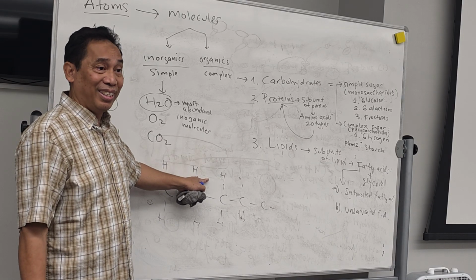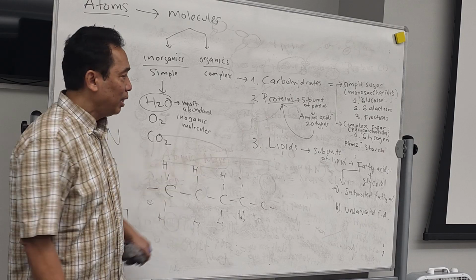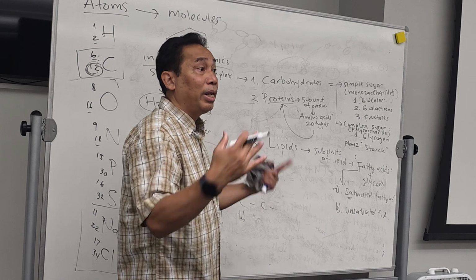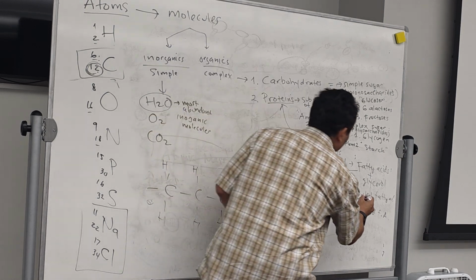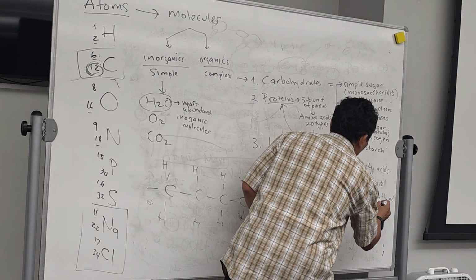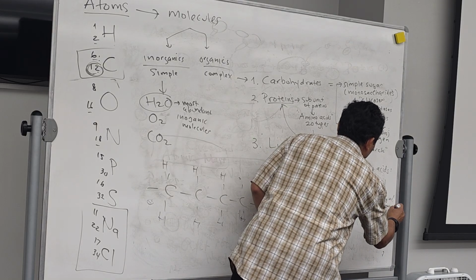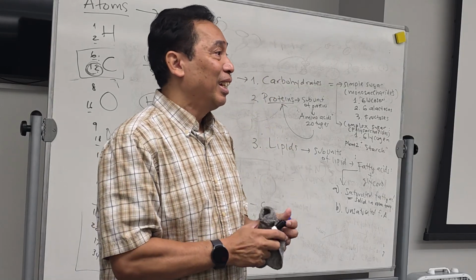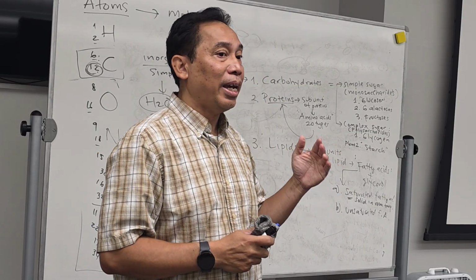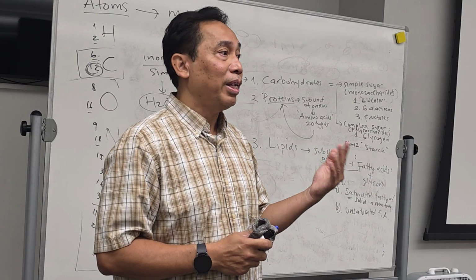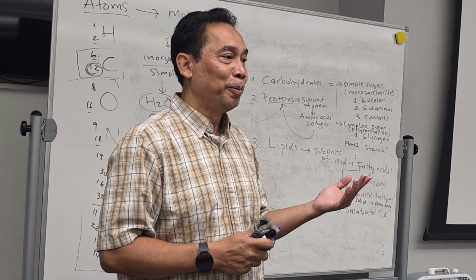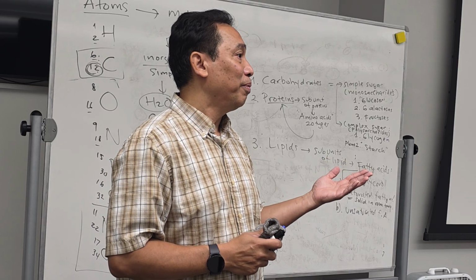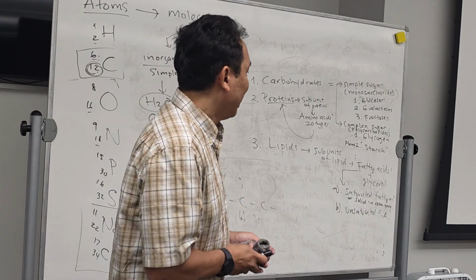what we call saturated. When it is saturated, that fatty acid will be solid at room temperature. When you put it at room temperature in your kitchen, for example, if the fat is solid, it means that it has many saturated fatty acids. What is an example? Butter, margarine, right? They actually carry a lot of saturated fatty acid.